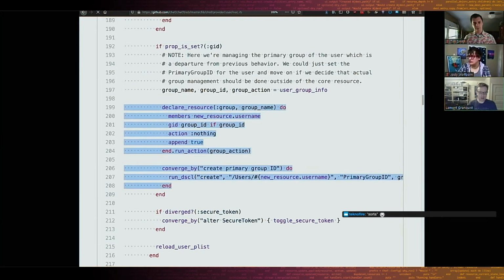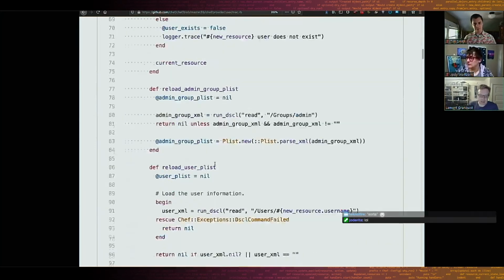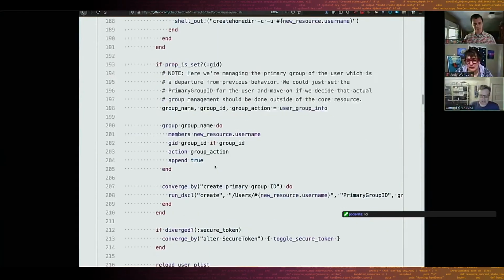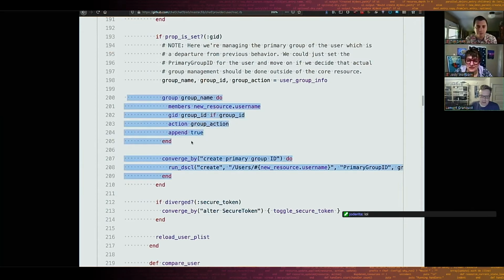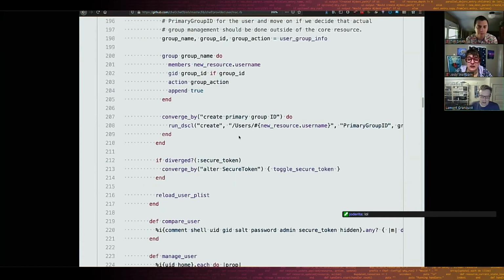Can I just do that and get back to master? I have no idea where I was. But okay, that's where we were. So here we are. You didn't see the unified mode true at the top, or actually it's in the resource, so you wouldn't see it anyway. But this is Chef 16. Now the forcing the compile time and the action nothing and all that just goes away, and you can just write it in order. And it made this so much easier.